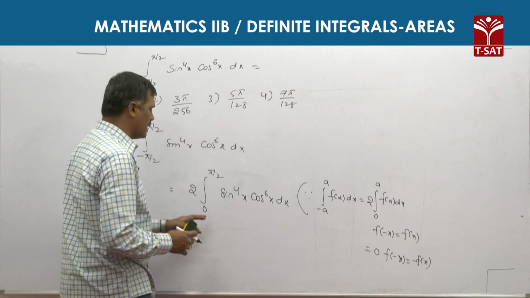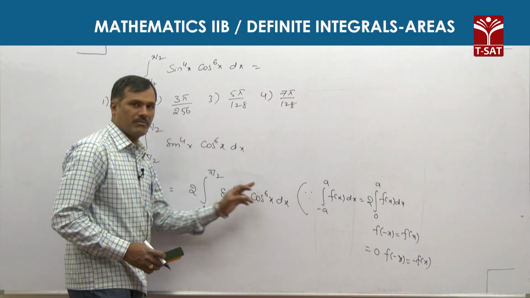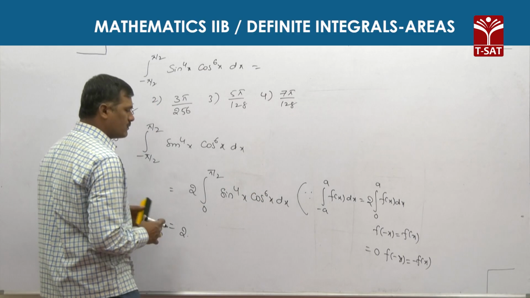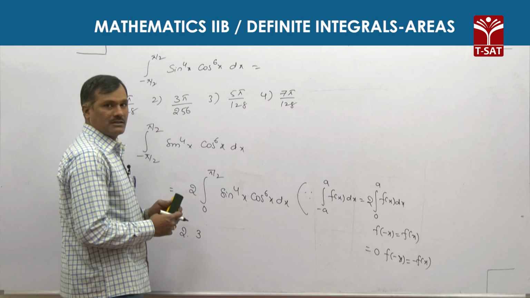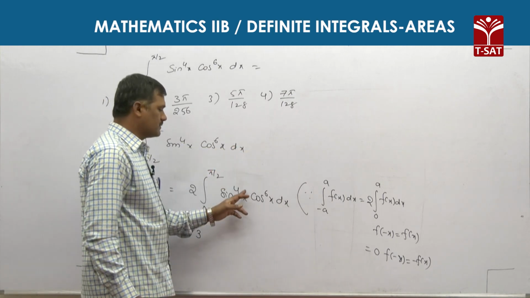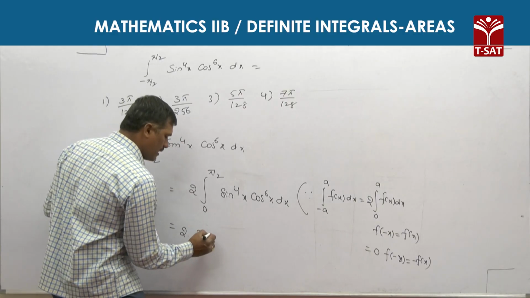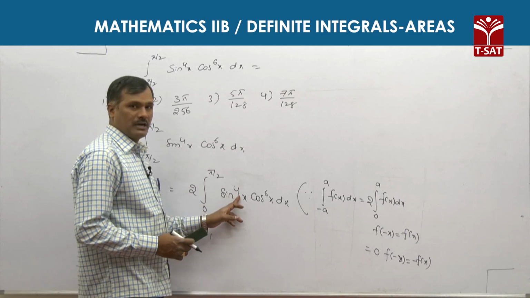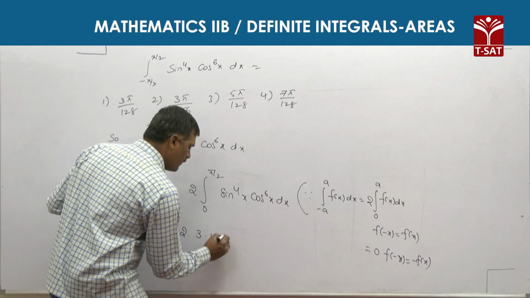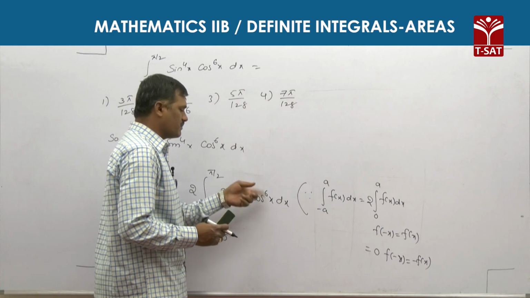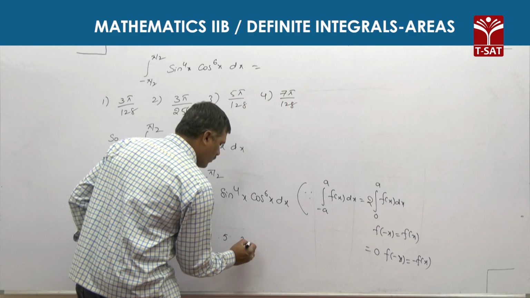Now applying Wallis's formula, 0 to pi by 2 sin power m x cos power n x, m and n are both even numbers. So 2 into, first we begin with m minus 1: in the formula, m minus 1, 4 minus 1 is 3, reducing 2 each term, so m minus 3, 4 minus 3 is 1, and next there is no possibility in this term. Next begin with n minus 1, 6 minus 1 is 5, next n minus 3, 6 minus 3 is 3, into next n minus 5, 1, by